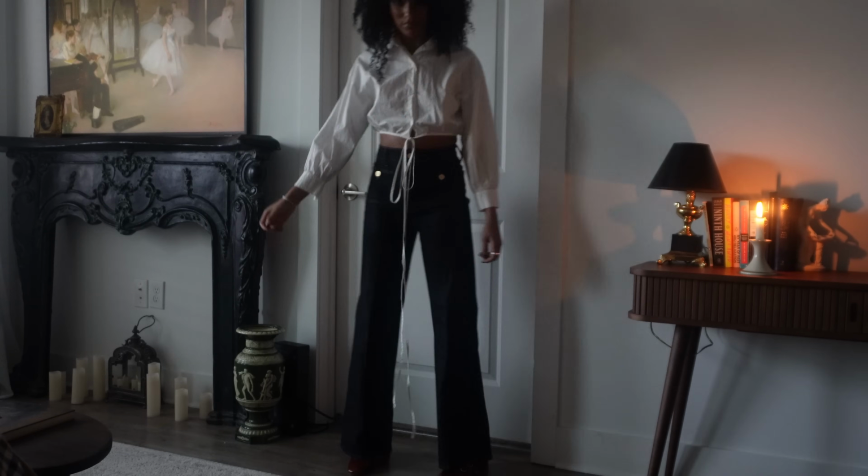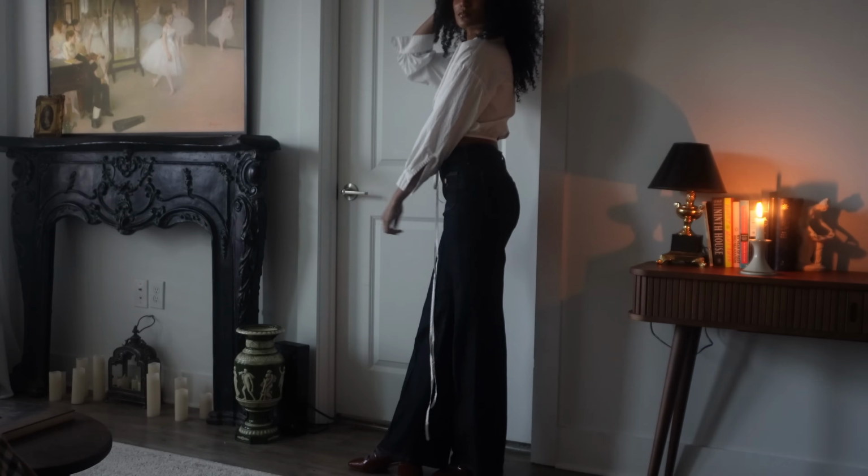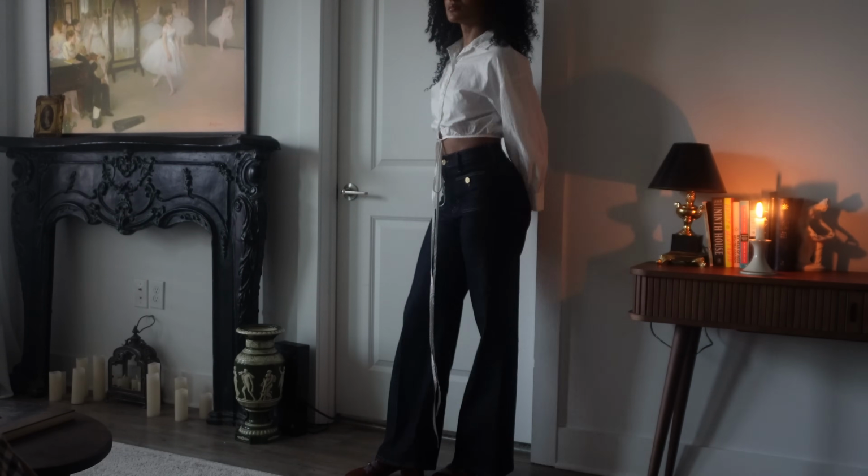And you know, I gotta hear the details, okay? And the thing about him, he's very detail oriented and he'll tell me the details. He was like, they just fit really good, like all down here, not just in your butt, they fit good around your thighs too. And I paid attention. He was so right. Flattering. If you're looking for a pair of dark wash, super wide leg, kind of retro 70s looking jeans,